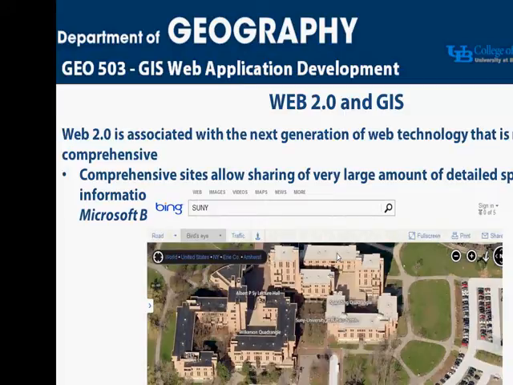And as I said, Web 2.0 is associated with the next generation of web technology that's more comprehensive. And we have things that are mind-boggling to me in the very large amount of detailed information, spatial information or otherwise that's shared. Big data. There's other classes about that. So sites like Bing that store oblique aerial imagery for a fair amount of the whole world, or Google Street View,